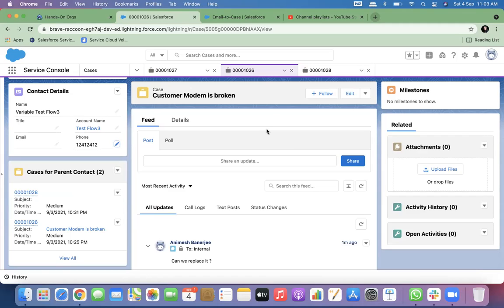Advanced topics, but yeah, everything is possible. This is the bare minimum of what we are talking about. CTI integration is quite costly. Right now, Salesforce has tied up with Amazon Connect. Previously it was with Avaya and others like Cisco and so many groups. Right now, with Amazon Connect, everything has gone cloud.